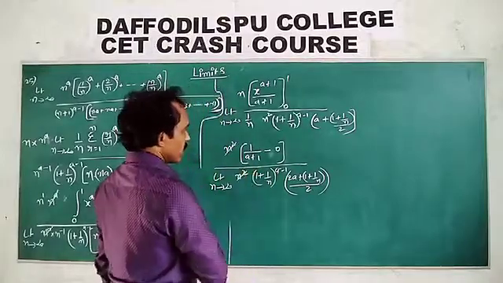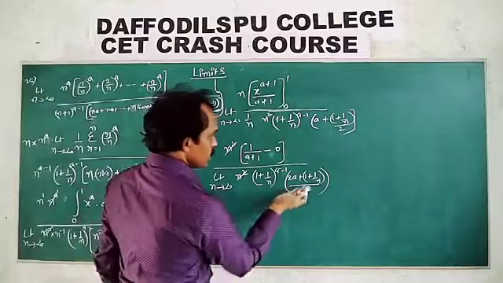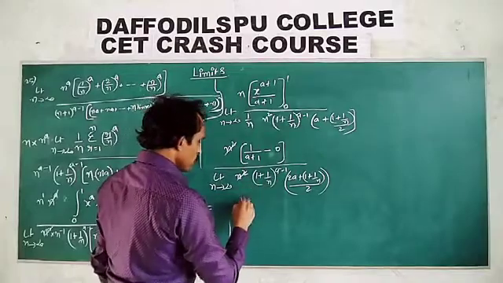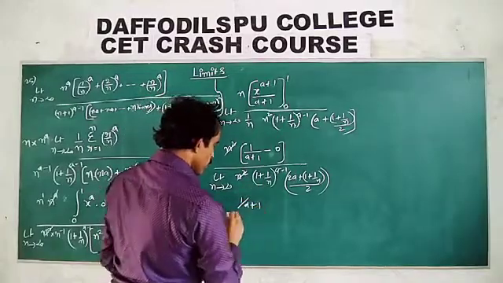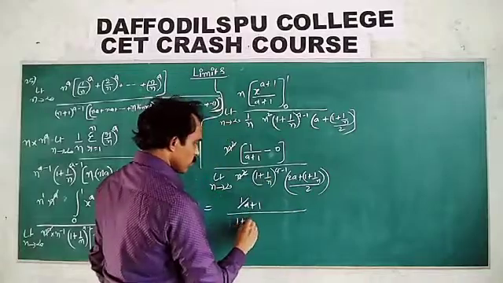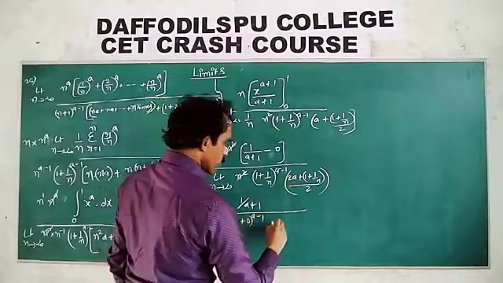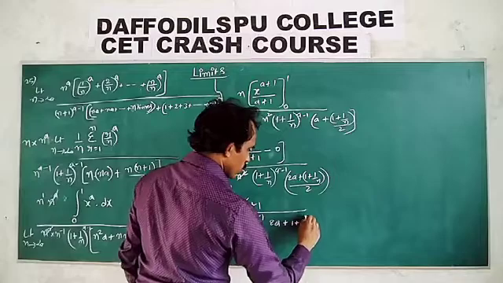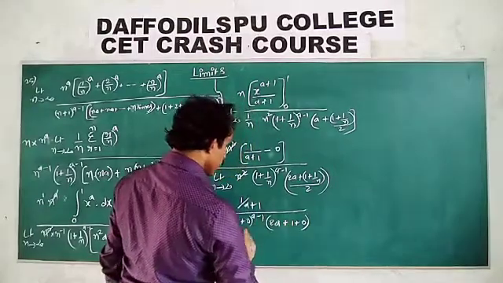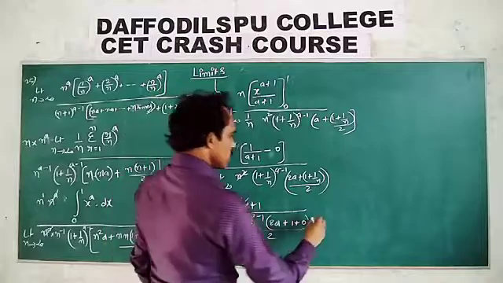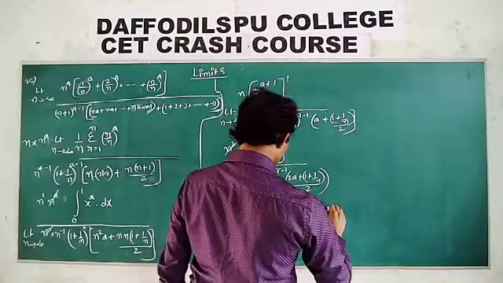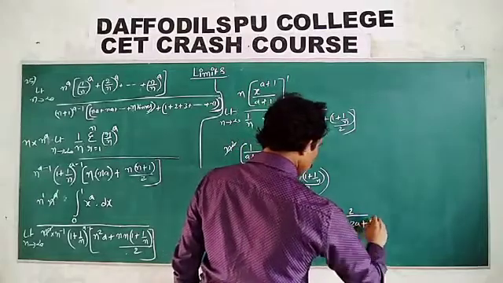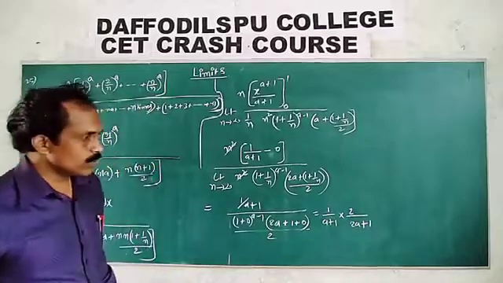Right, n square cancel, n square cancel. So this reciprocal of numerator n tends to infinity 1 plus 1 by n. So this value is equal to 1 by a plus 1 whole divided by 1 plus 0 whole power a minus 1, 2a plus 1 plus 0. Okay, into this is whole divided by 2. This can be written as 1 by a plus 1 into 2 by 2a plus 1, 2 by 2a plus 1.